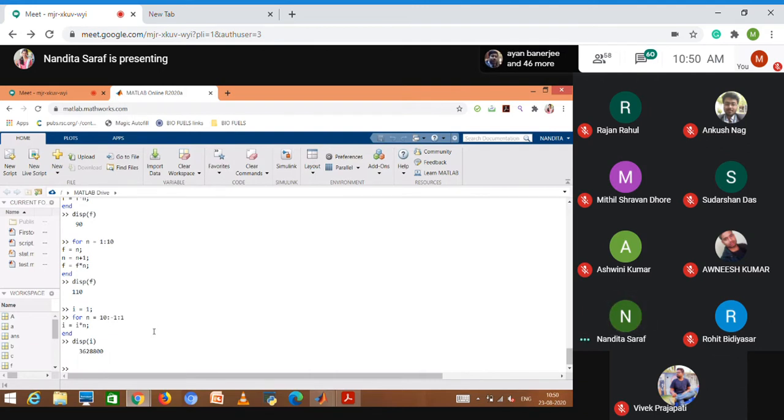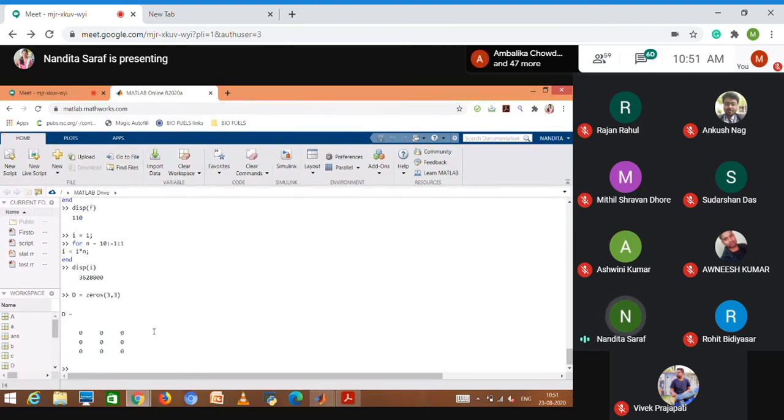Yeah. Okay. So this is for for loop and while loop. Now we will be discussing about if else conditional statement. Okay. So let's just try to make identity matrix using if else conditional statement and for loop. Okay. So again, we will be defining matrix H is equal to zeros, 3 cross 3. Okay.